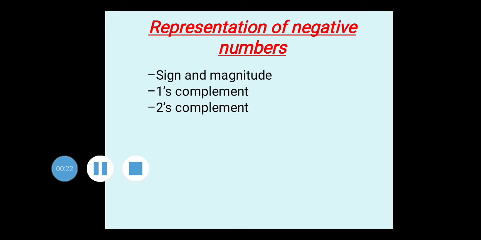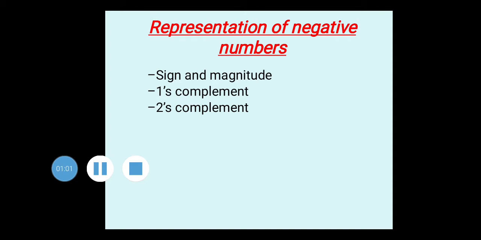So we have already studied the binary number system. In that we have studied it has only two numbers, 0 and 1, and the different terms related to the binary number system also we have studied. We have also studied the most significant bit, MSB, and the LSB bit in a binary number system. MSB bit defines from where the binary number starts, and LSB bit defines where the binary number ends.